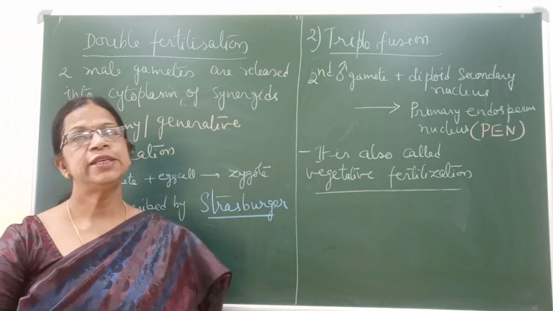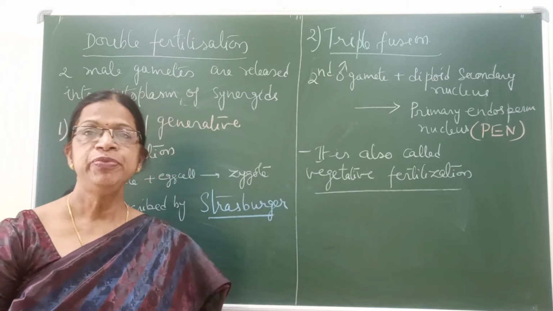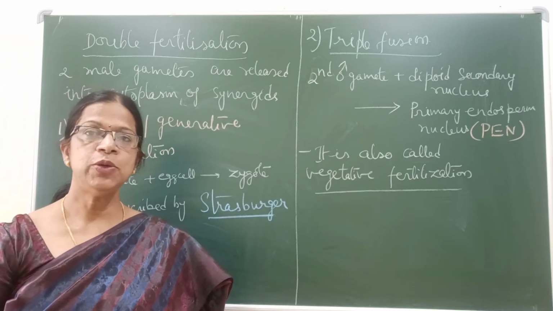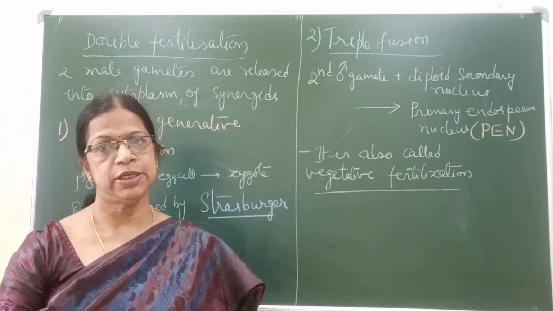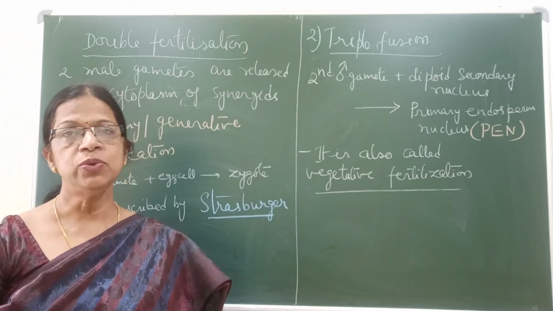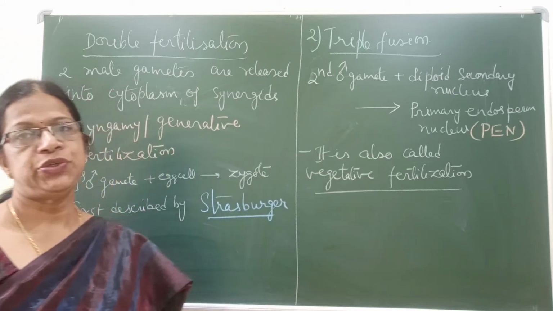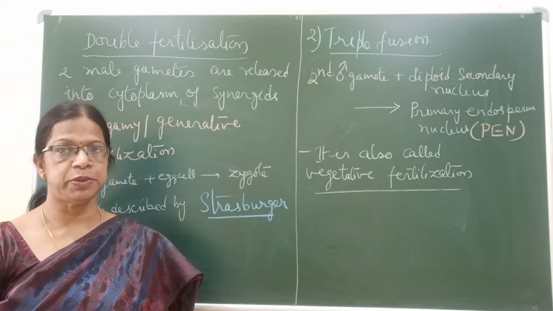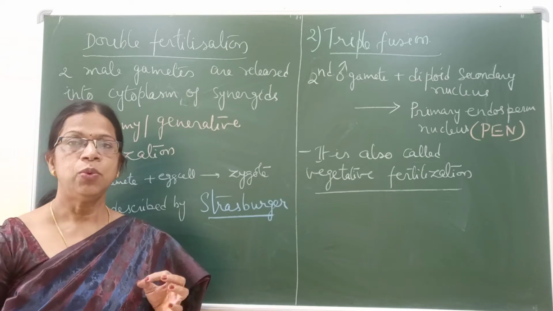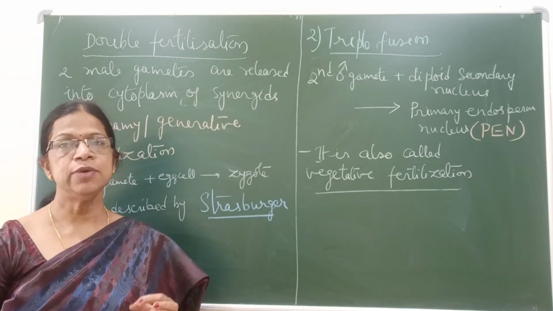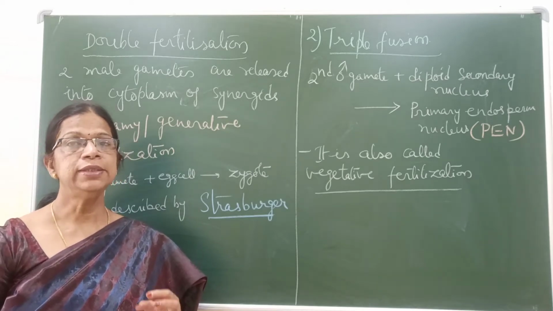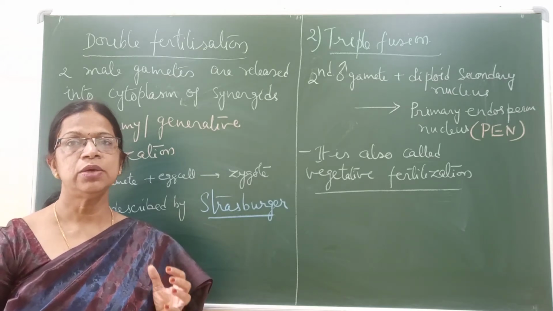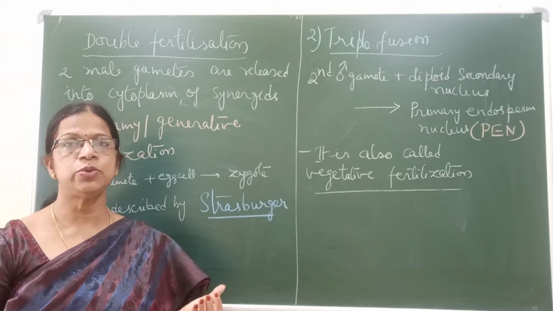So today I am ready with another video from the same chapter, that is sexual reproduction in organisms. In my last video I completed artificial hybridization. So we are next going to discuss double fertilization in angiosperms. We know double fertilization is a unique feature of angiosperms only. So let us see what is double fertilization, what are the processes involved here, and some numericals related to NEET. Some other questions related to NEET and other objective questions we are going to discuss.